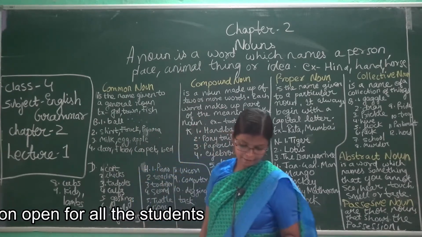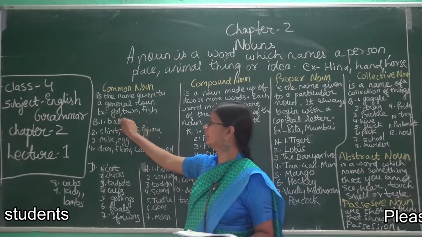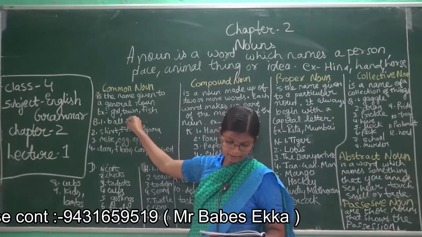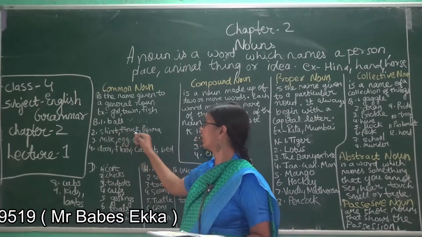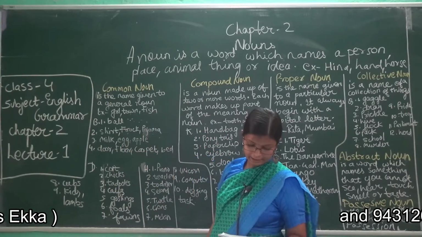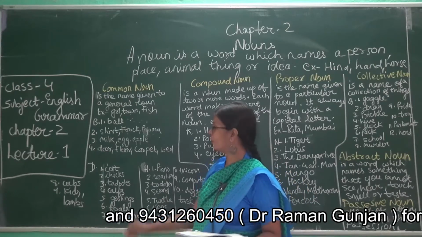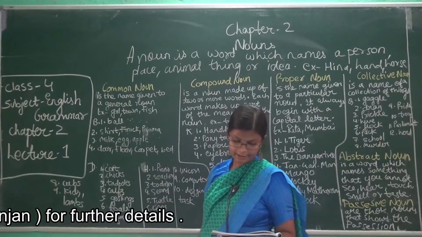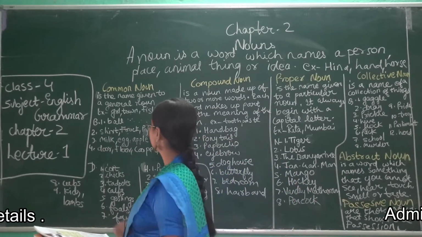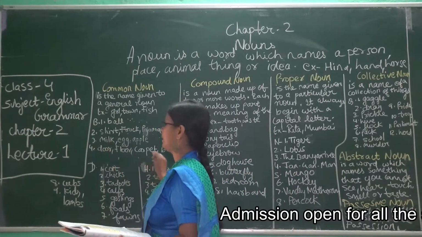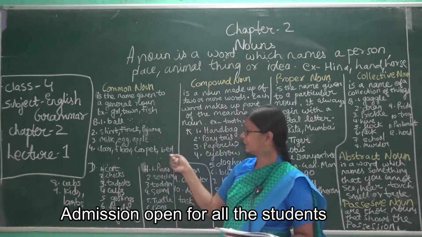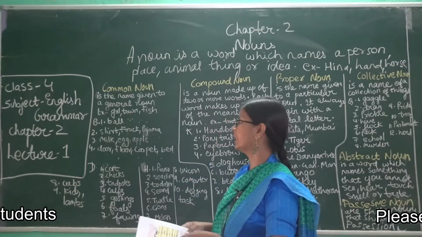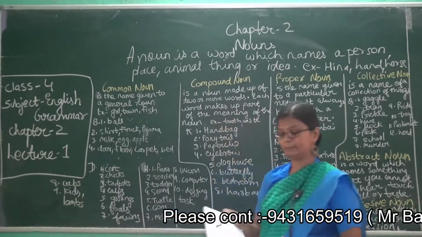Things we can play with: ball. I took this ball spelling from the A box. Things we can wear: shirt, frock and pajama. Things we can eat or drink: milk, egg or apple. Things which we have in the house: door, floor, carpet, bed. I got these things from the A box. So I took them and I have written them in B, in the given space.